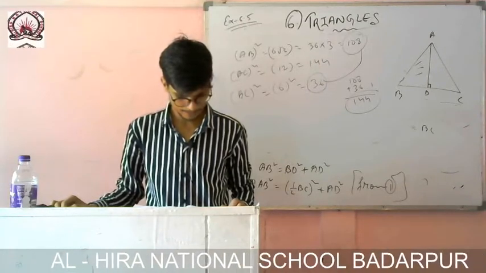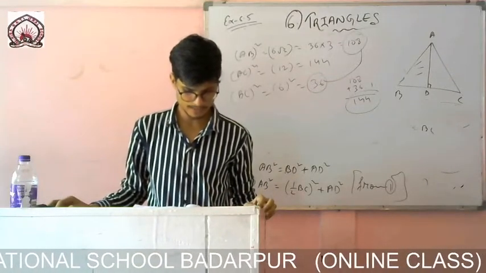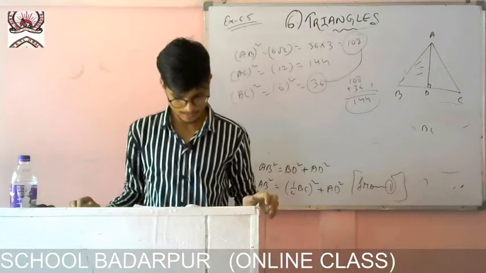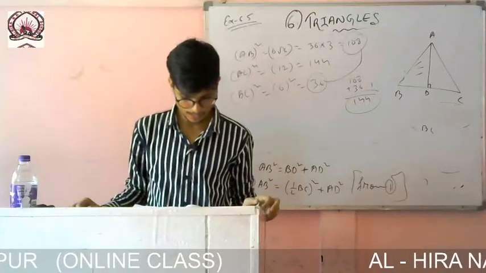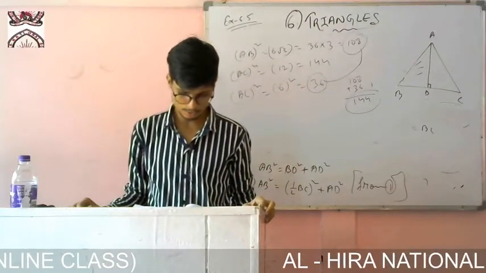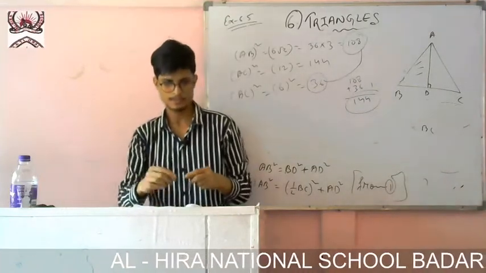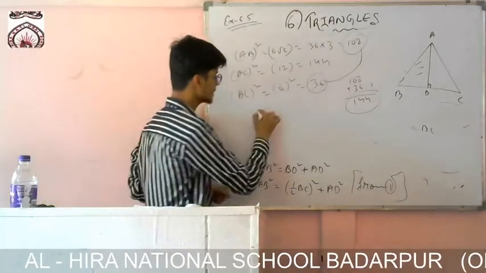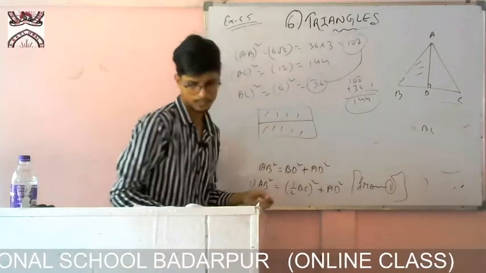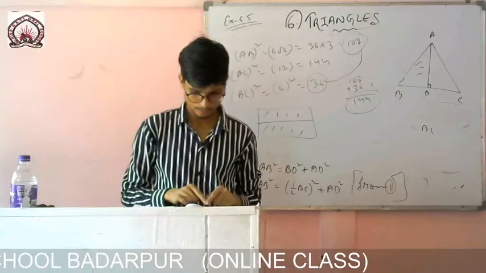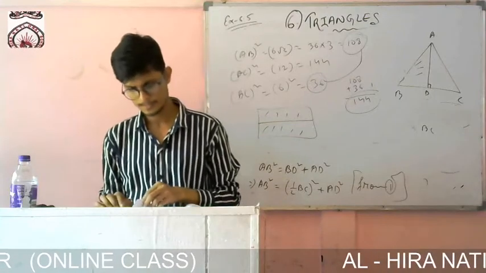Example 14 is a little different. In the question, it is given that O is a point inside the rectangle. Since it is a rectangle, these angles will be equal to 90 degree. They have drawn a line PQ, so BPQ will also be 90 degree, CPQ also 90 degree. So if I draw in the middle of the line, this part will also be a rectangle and this one will also be a rectangle. After that they just use the formula, one time in triangle OPB. You see, this one you can do it.